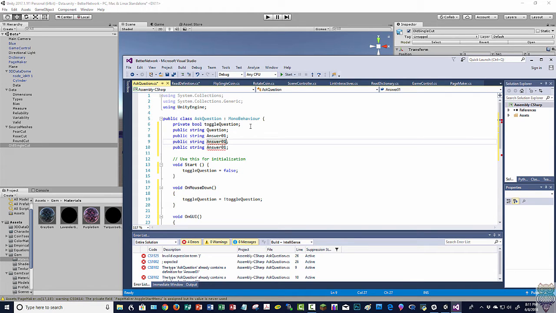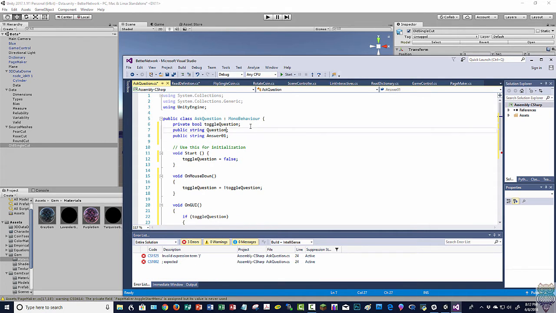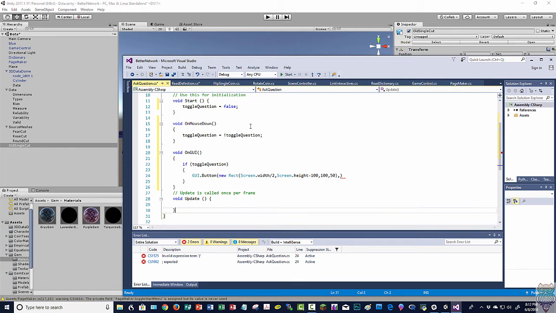Actually, I want to make it a list so that we can indicate later what size we want it. Let's see, we want a list of strings. Alright, so now that we have our list of strings,